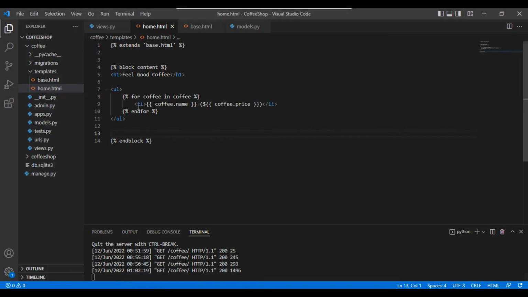So let's get back into our code editor. Right at the top, under the feel good content here, let's come down here and create a div. So let's say div dot row, a div with a class row. So div dot row, then